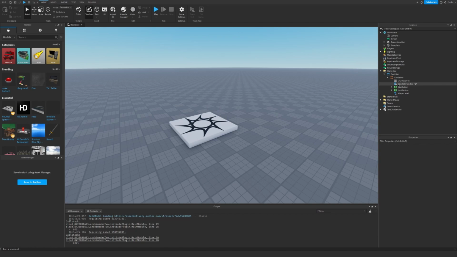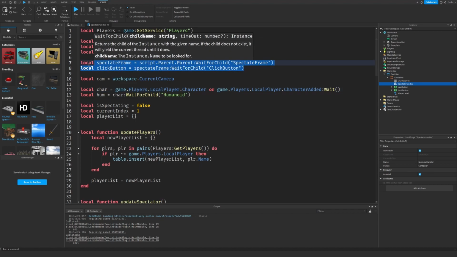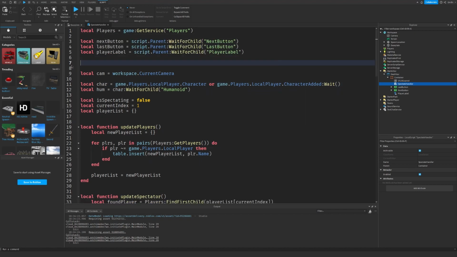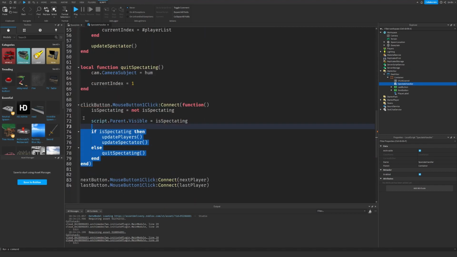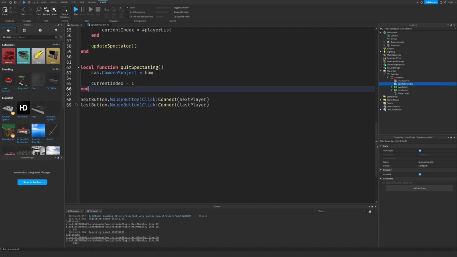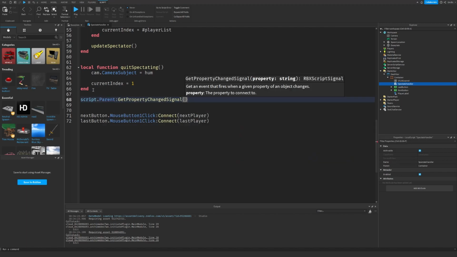Now let's go into the spectate handler script and modify it a little bit. So these two things over here, the spectate frame and the click button, we can delete those. And then we can scroll down and remove this one. Then we can change it up a little bit and write script.Parent:GetPropertyChangedSignal("Visible"):Connect(function